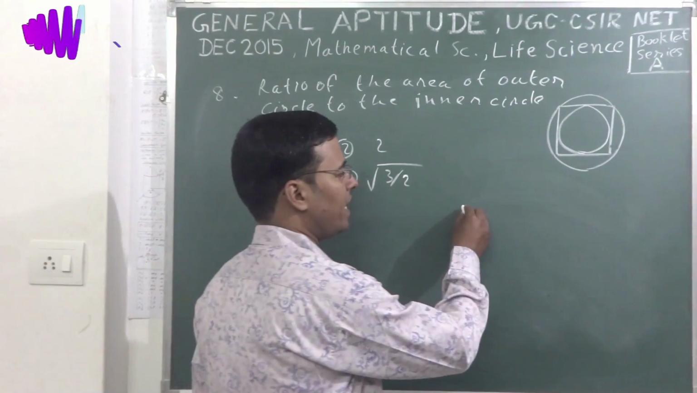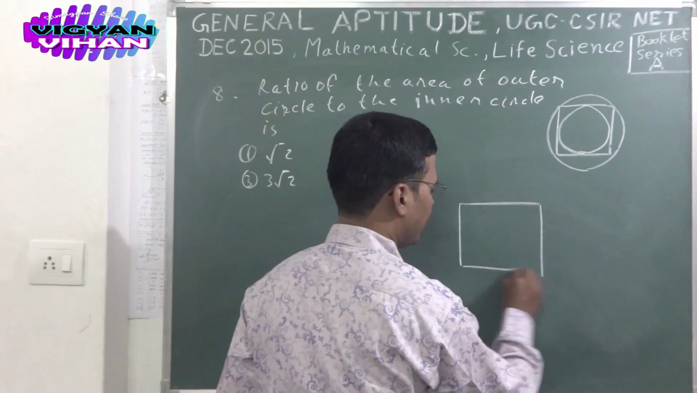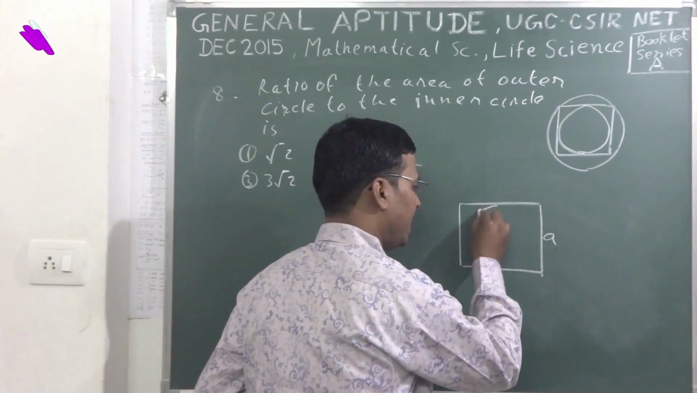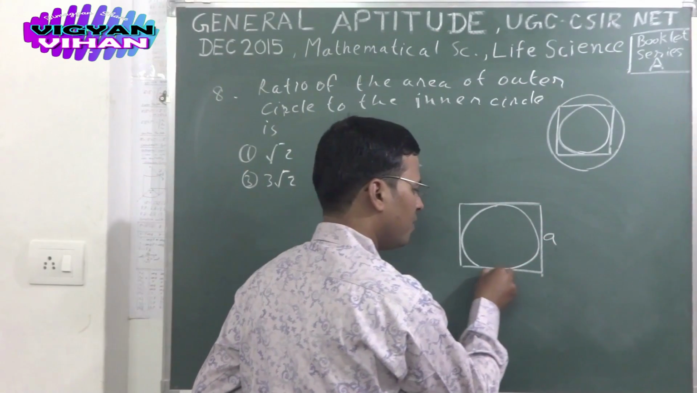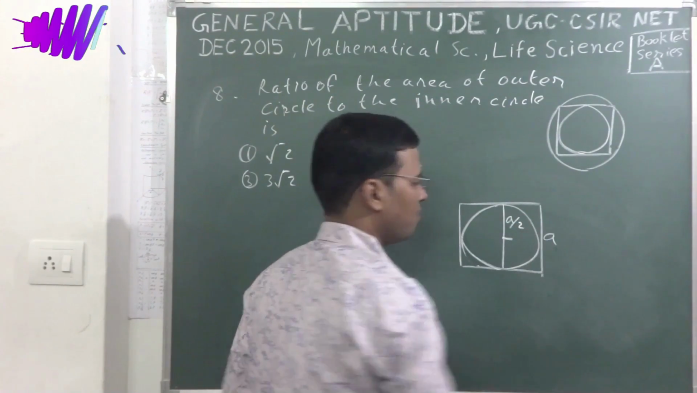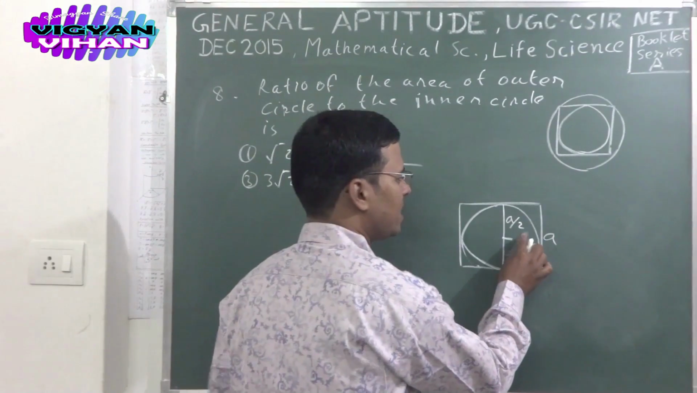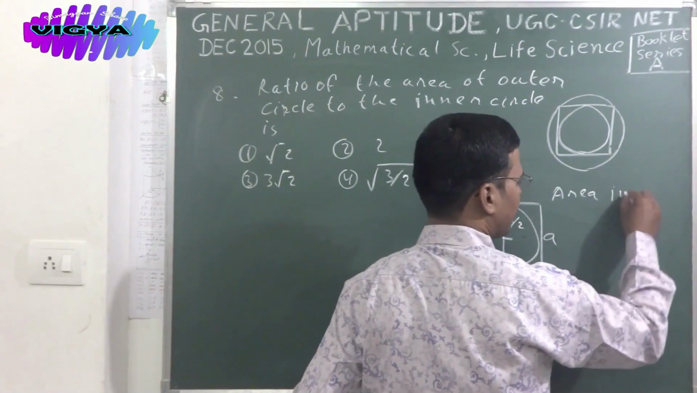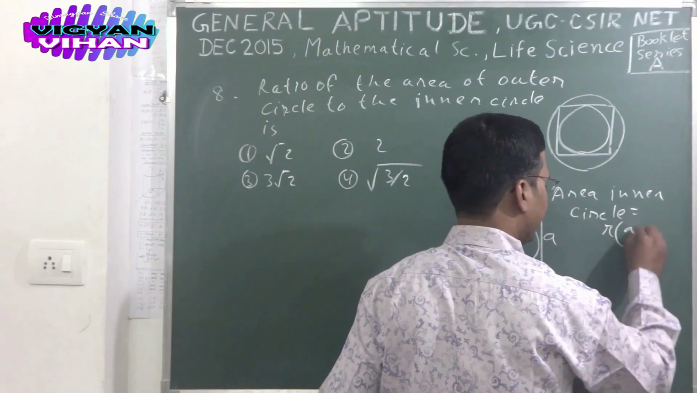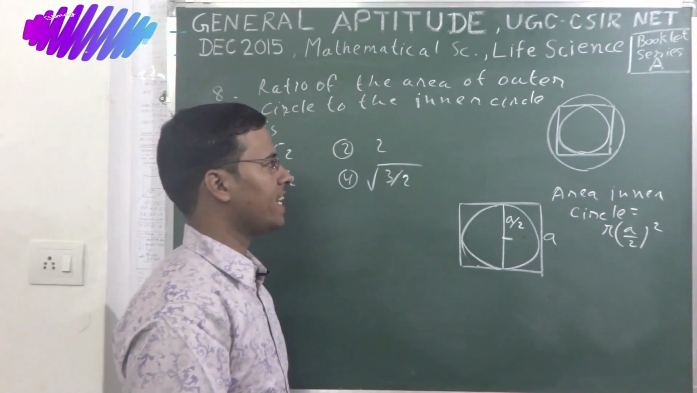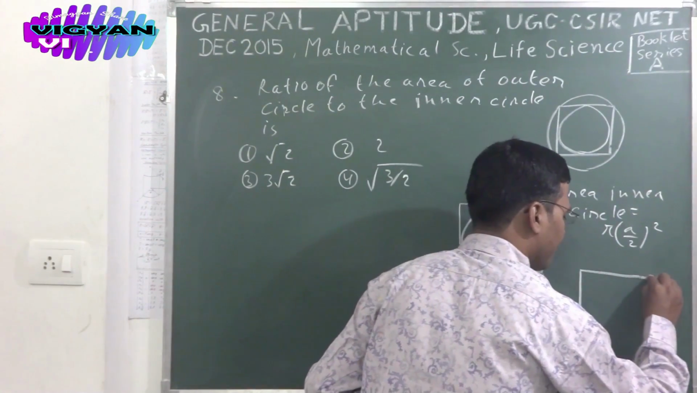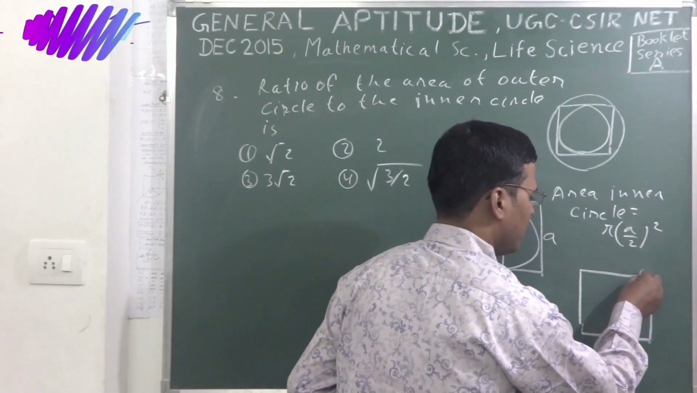So, first we assume that the side of the square is A. If the side of the square is A, then the radius of the internal circle will be half of A, so A by 2. So we can write here the area of the inner circle is pi r square, that is pi (A by 2) square. In the second condition, the outer circle is touching the vertices